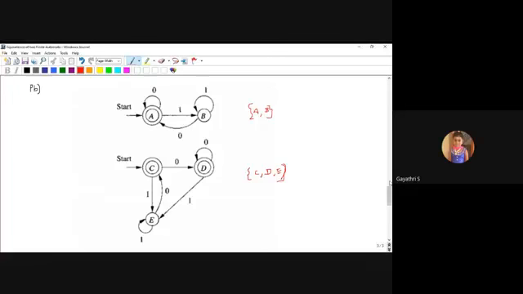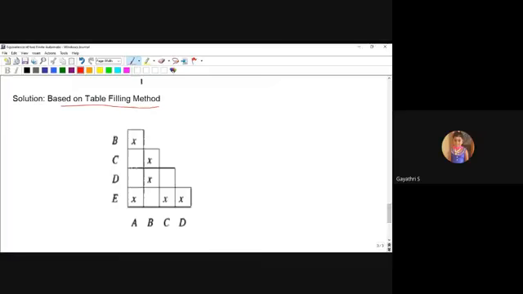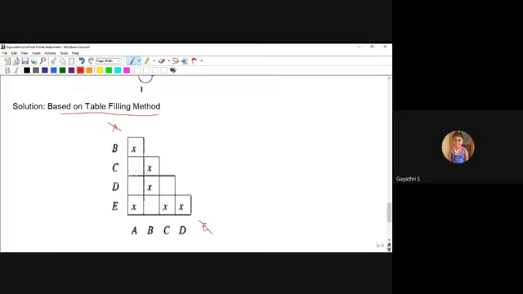So there is no need to draw a full table, right? This is enough. The left side starting with B, C, D, E, and the bottom starting with A, B, C, D. Okay, the E is left out here and the A is left out there. So this is the actual processed table. The other parts, I just removed the upper part. So B, C, D, E, A, B, C, D.